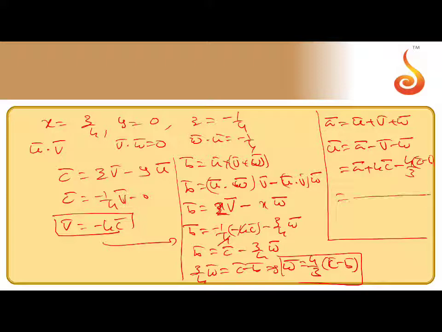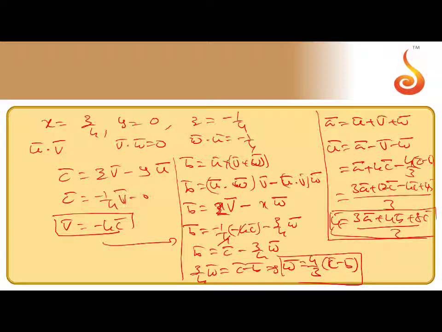So if you simplify this one, 3 LCM, so 3a bar plus 12c bar minus 4c plus 4b bar comes here. So after simplification, we'll get 3a bar plus 4b bar plus 12 minus 4, that is 8c bar by 3. That is the answer. Okay, now we can go in to check the options, which is correct option comes here.